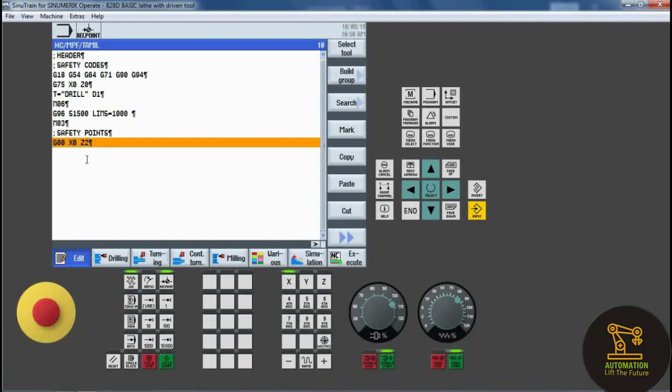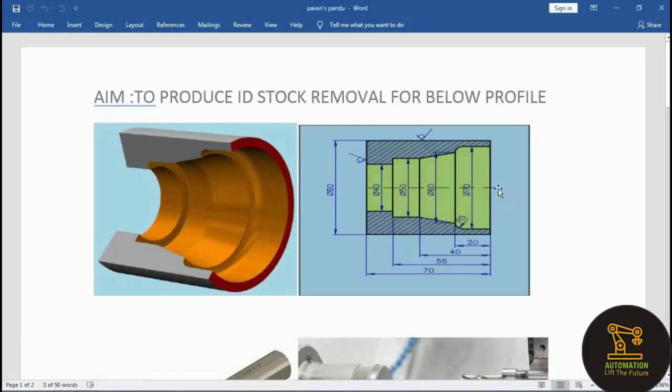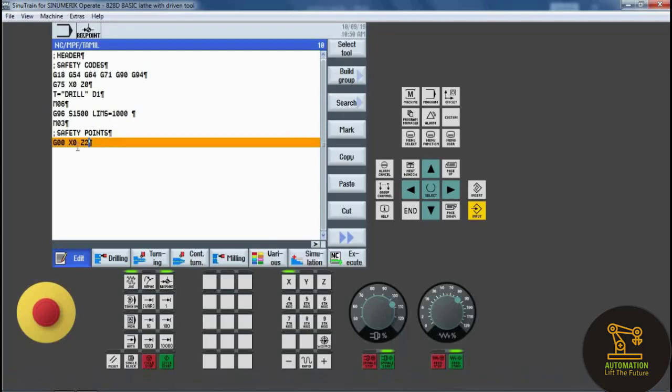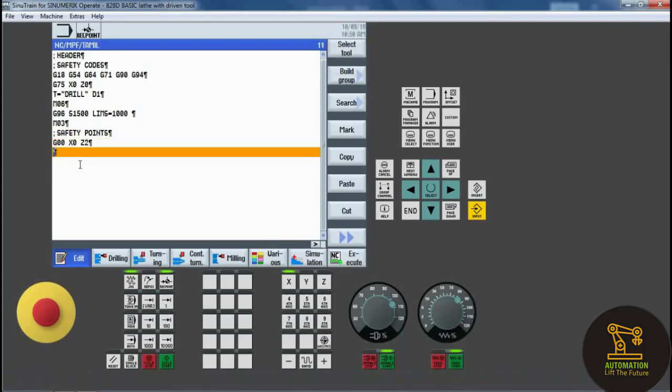X0, Z2 means the tool is not touching the workpiece. Here we see the reference point, and X-axis and Z-axis. So the tool is not touching the workpiece.